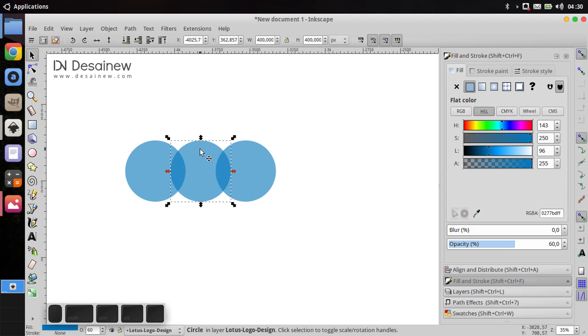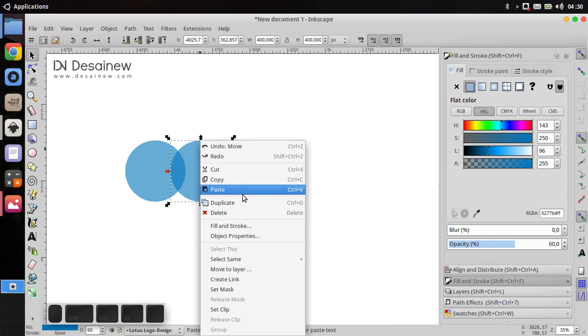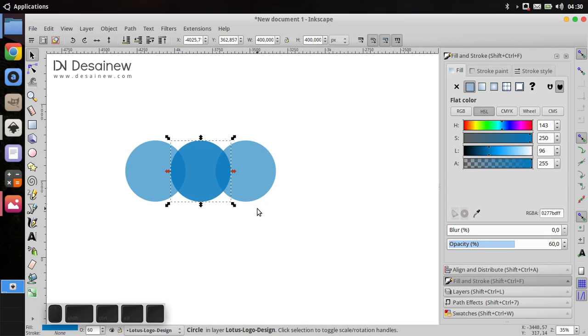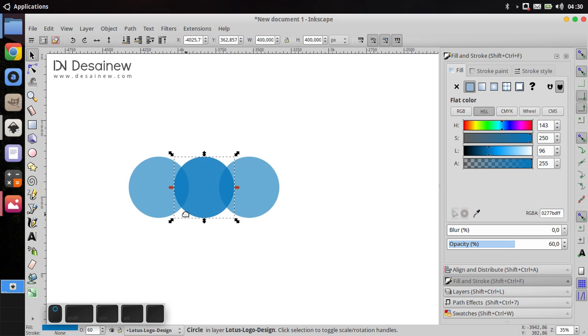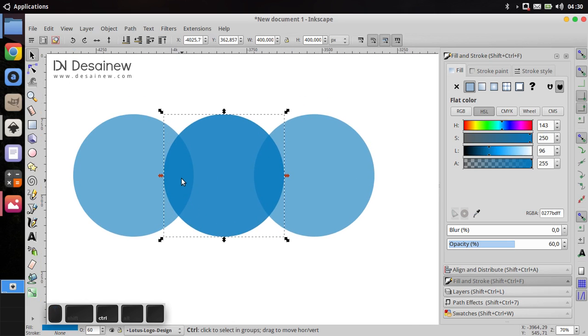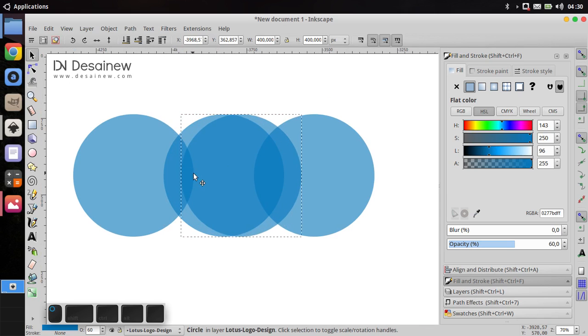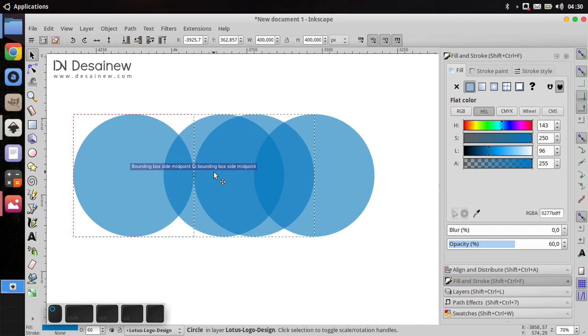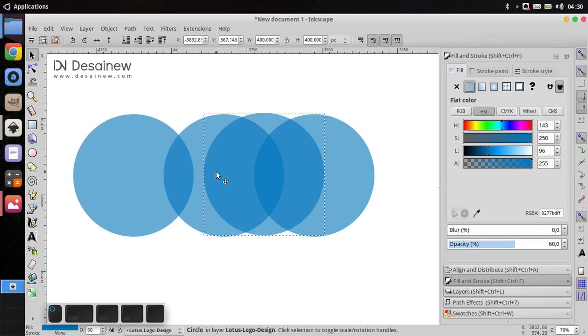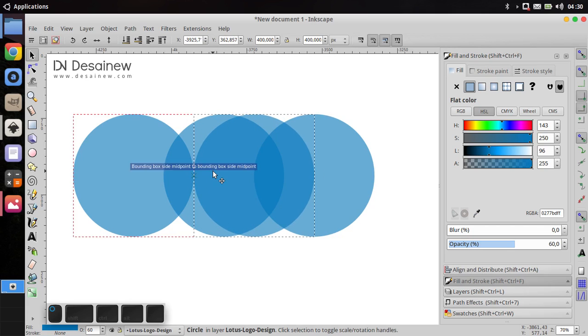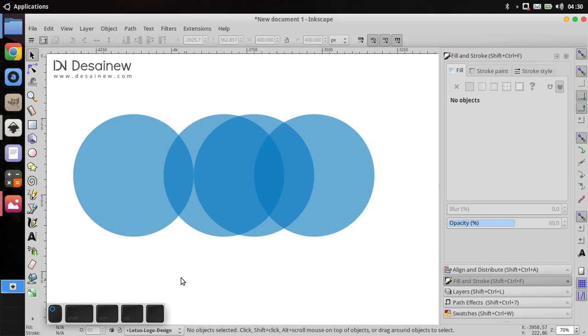Select this object and duplicate, right click and choose duplicate. Enable snap bounding box, snap bounding box corner, and snap midpoint of bounding box edge, and you can move it until it aligns the bounding box side midpoint to the bounding box side midpoint, like this.